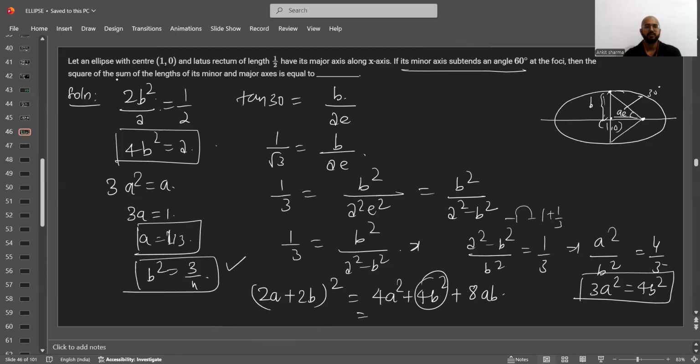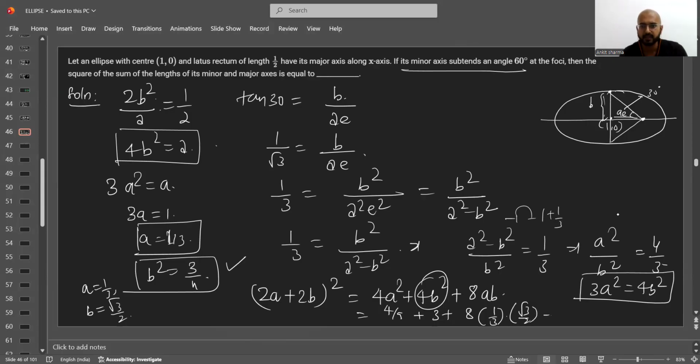A is 1 by 3, and B is root 3 by 2. But since there is no option with this, that means